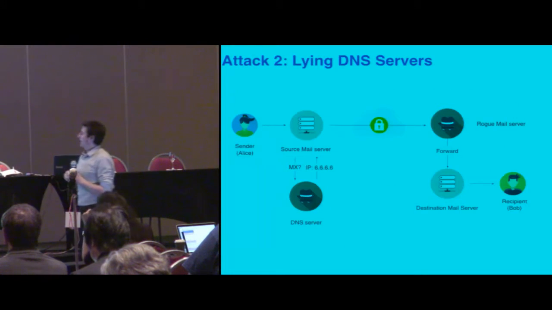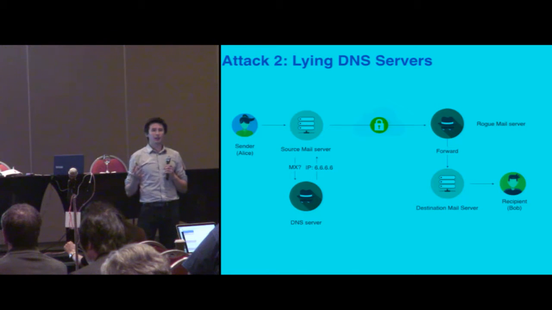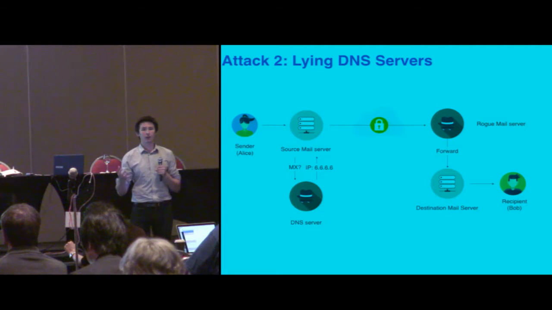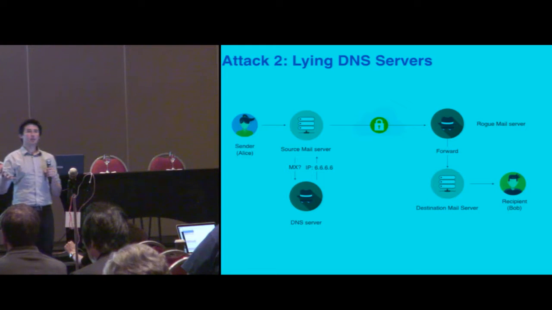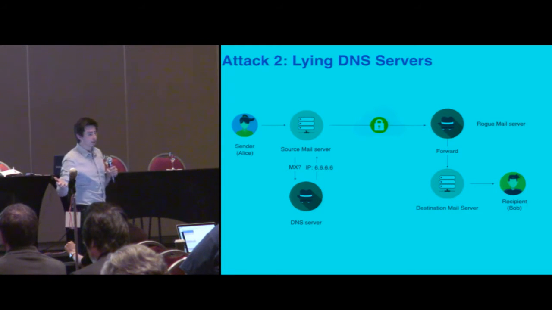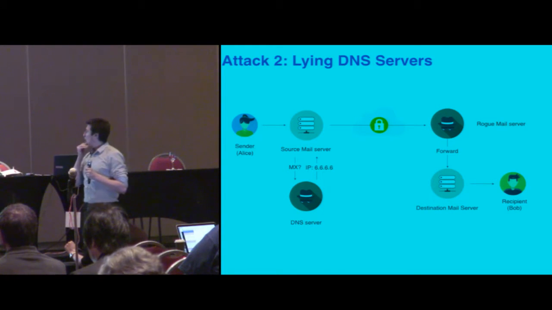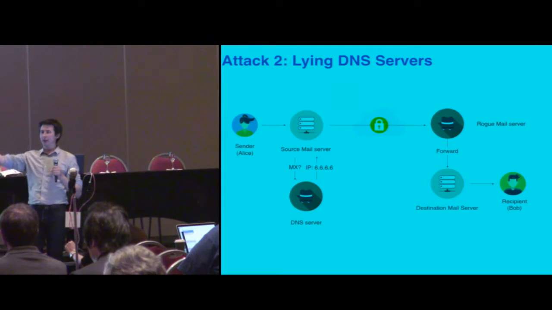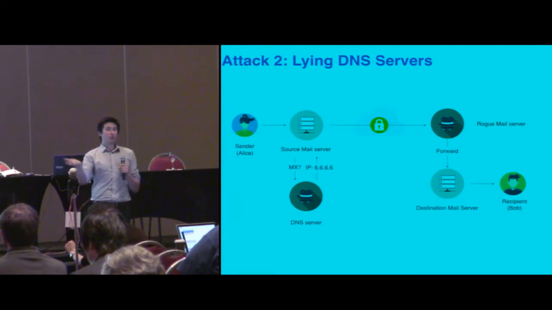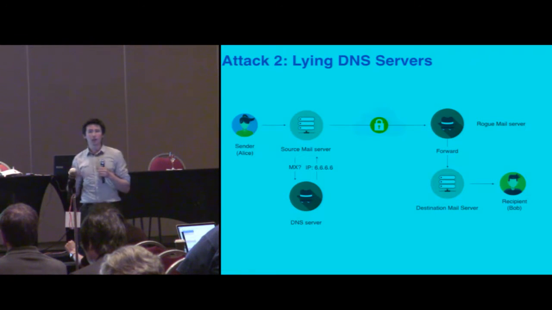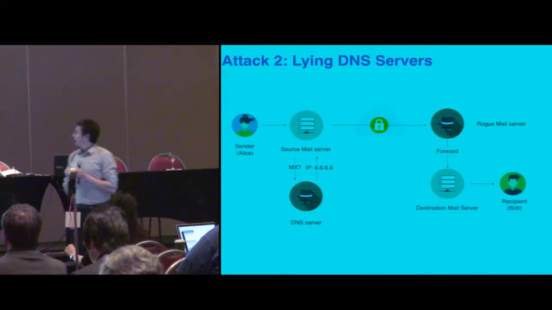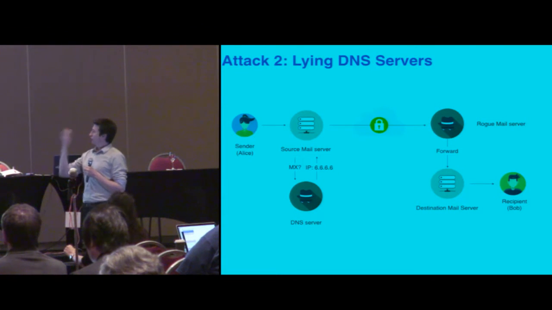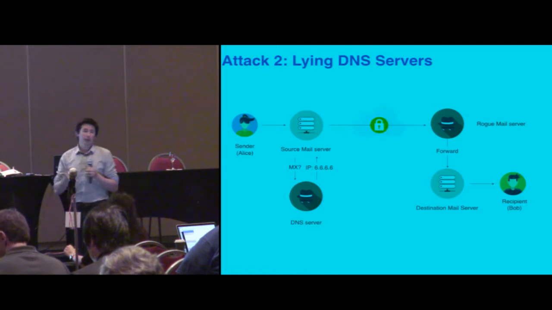Another attack that you can imagine is if your DNS is not authenticated, then nothing really prevents the DNS server from just lying to you about what the IP address is for the mail server. So you go to your DNS server and you say, hi, I would like to essentially relay mail over to Gmail. Can you give me the MX record for Gmail? And the server says, sure, the IP address you need to connect to is X. And you connect to X and you give them your mail. Because you don't validate your certificate, you really have no idea whether or not that is Gmail. And so you send your mail to your malicious party, and who knows what they do with it.